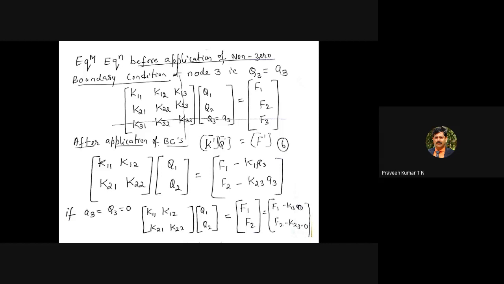After K12, we have K13. That you have eliminated. Eliminated means K13 into A3 is a constant. The last term of the first equation, if you multiply these two matrices, is K13 into A3, then K23 into A3 is the last term of the second equation, and the last term of the third equation is K33 into A3. Those are constants, because K13 is constant, A3 is constant, K23 constant, K33 also constant.